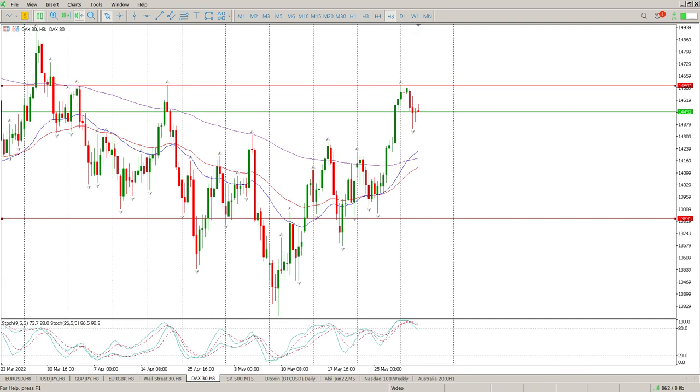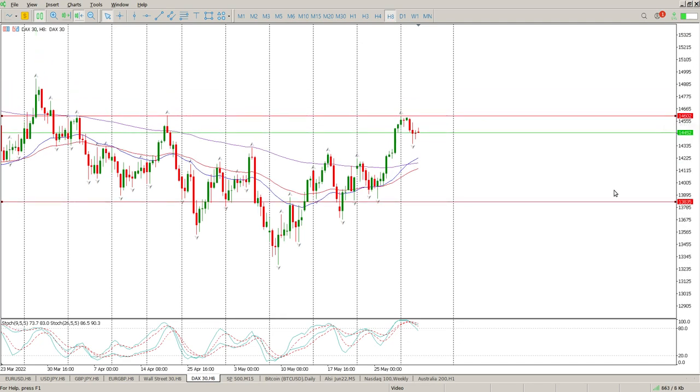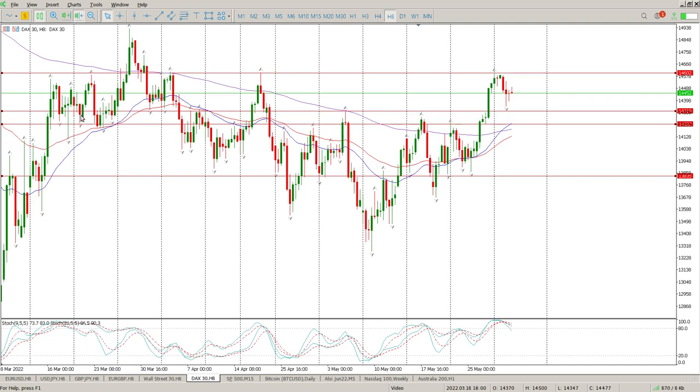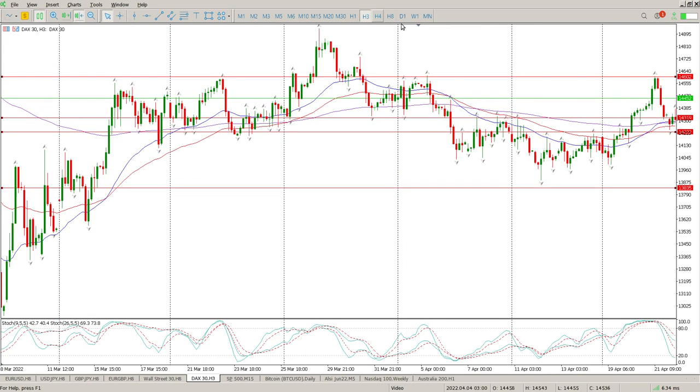Next thing to look at is really on the 8-hour, and this is where we start trading on these time frames. Oscillator still gripped the upside, still don't want to be trapped up long here. Definitely would be looking for something lower down, and that lower down is in a little bit of a zone. If you look to the left, you can see what I'm talking about. Lots of interaction between those two areas. Now, if we come down even further,